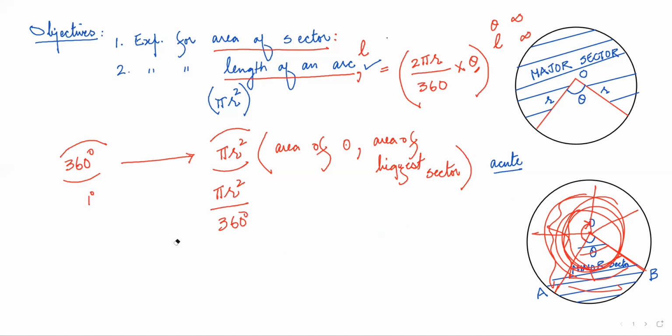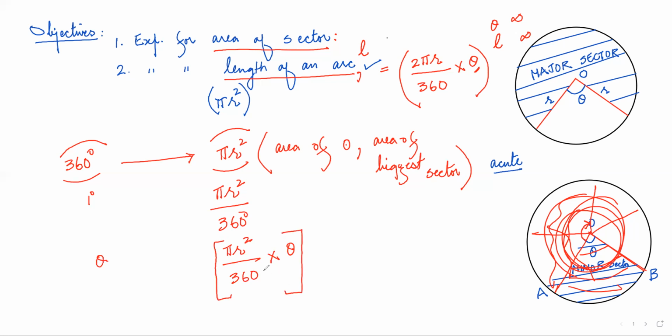Beautiful. Very good. Now, students, you see, when the angle is theta, let us say this is the circle. Somebody says this is the radius and this is the angle theta. Now find out the area of the sector. How will we find out? Very simple. So when the angle is theta, the area of the sector will be pi r square divided by 360 into theta.